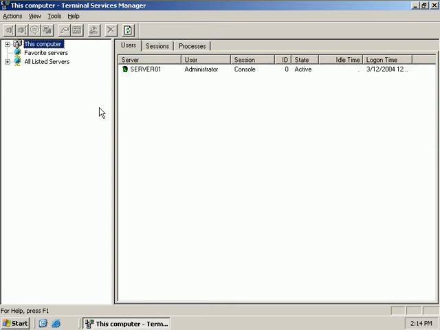Alright, now in the left-hand pane of our Terminal Services Manager, you'll see all the domains and all the terminal servers that are in your domain. Now you don't need to log onto every terminal server directly to manage it. You can manage all of your terminal servers from this one interface. So if we expand this computer, and then our current server, server 01,